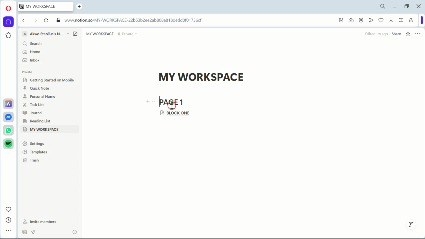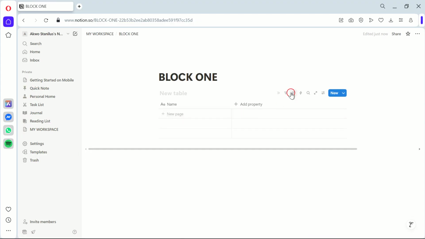And there you have it. You've just learned how to set up your workspace, create pages, add blocks, use templates, and search your content in Notion. With these tools, you're on your way to becoming a Notion pro and